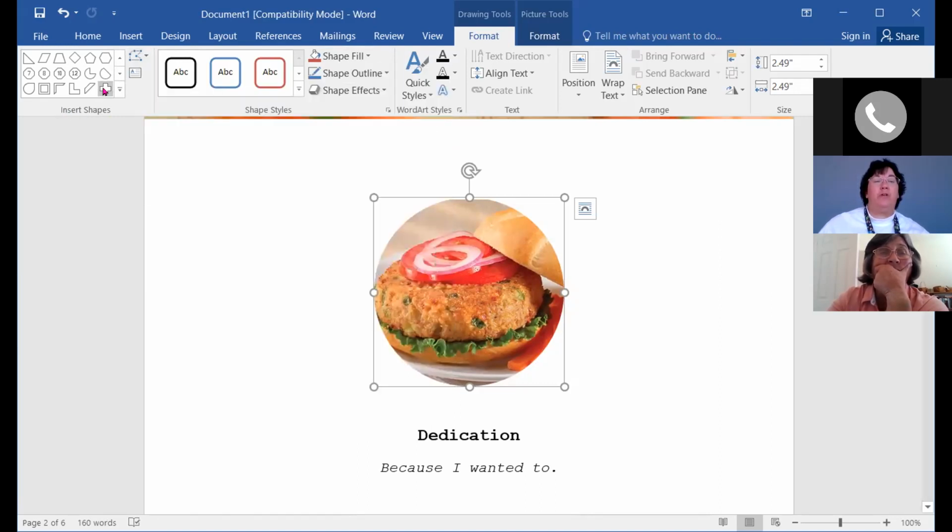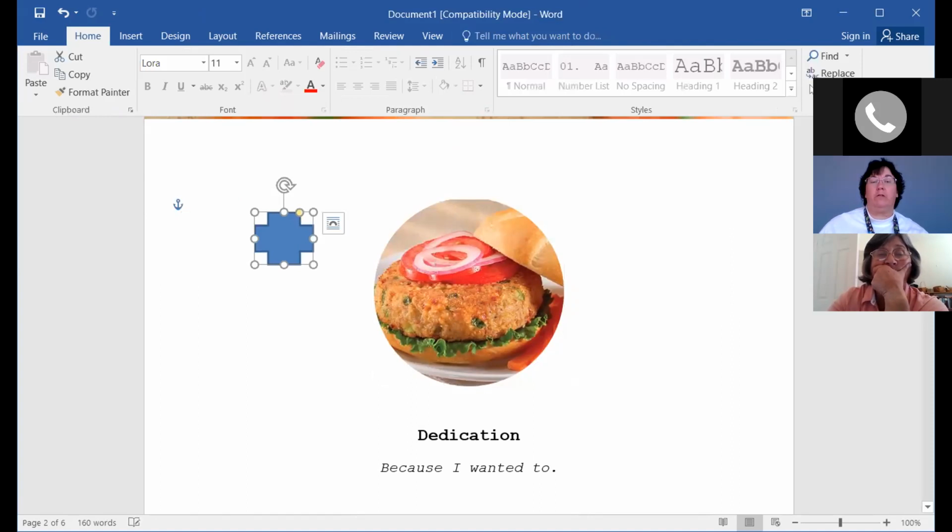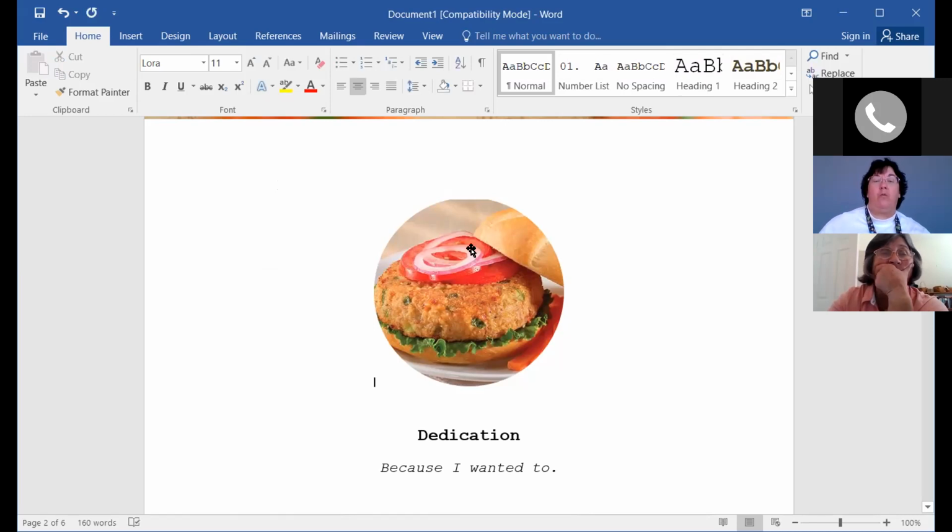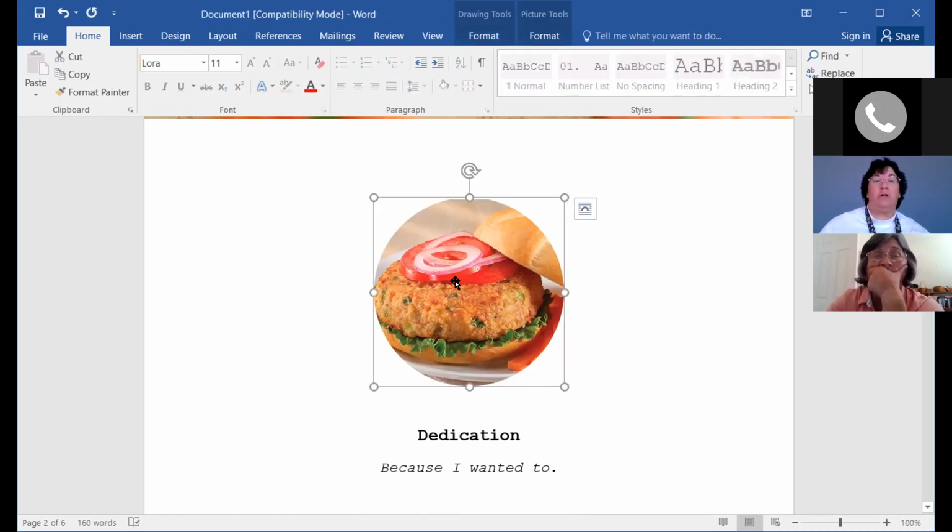If you want to actually put a new one in here, this would be how you would do it with the insert shapes. If I clicked on here with the plus sign, the octagon, I could put a new shape here and I can change what's inside of it. But that's not what we want to do. I want to change this shape here. So I'm clicking on it